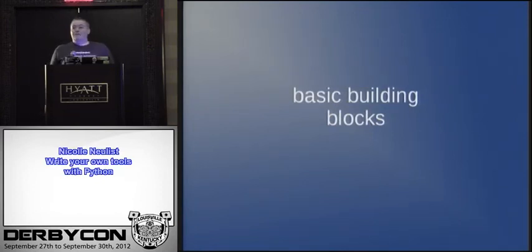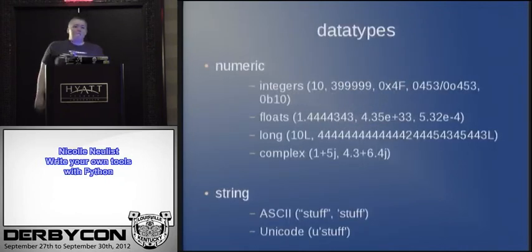Now that I've talked a little bit about why I like Python, let's talk about some of the basic building blocks of Python. Some of this you've already seen in the examples, some of this maybe you haven't. Python is a dynamically typed language. You don't have to declare that variable test var is an int or a character or long or anything like that, like you have to do in, for example, C.